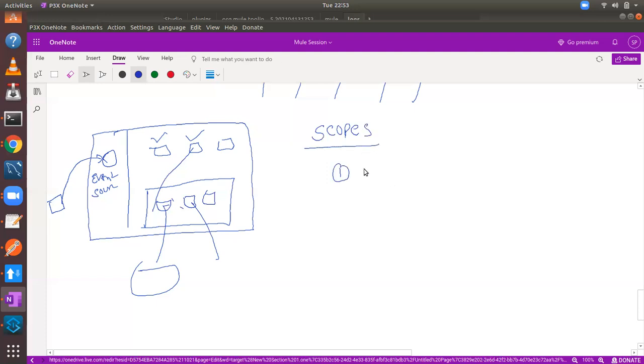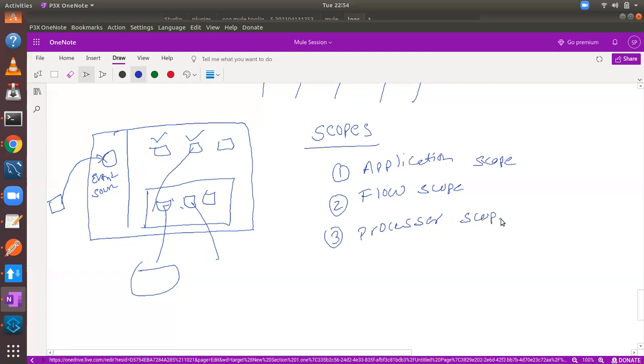First one is application scope, and second one is flow scope, and third is processor scope. Application scope, flow scope, and processor scope. We handle error in these three scopes.